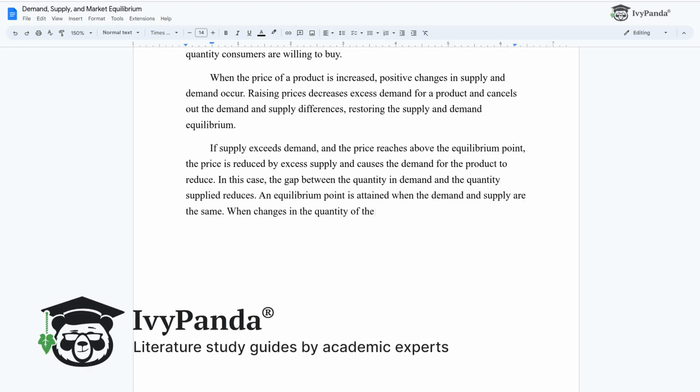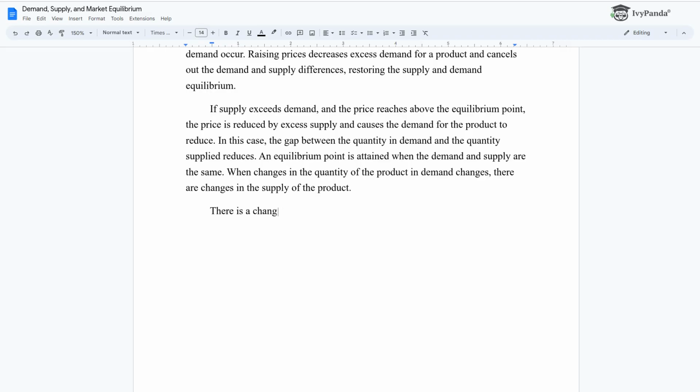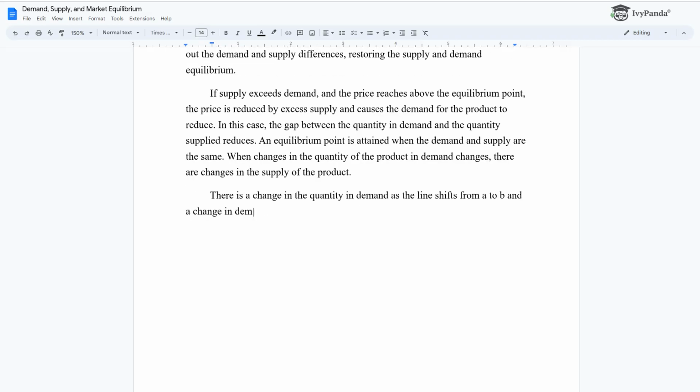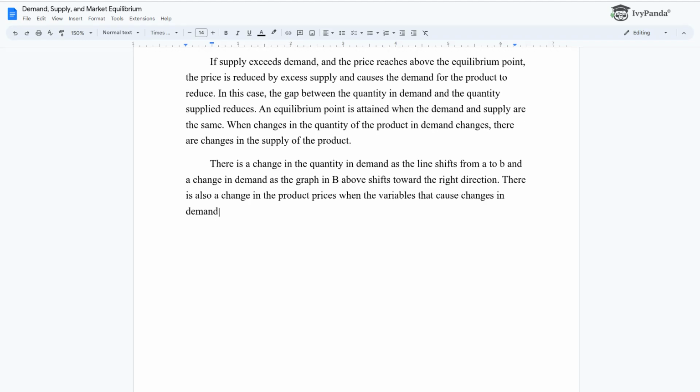When changes in the quantity of the product and demand change, there are changes in the supply of the product. There is a change in the quantity and demand as the line shifts from A to B, and a change in demand as the graph in B above shifts toward the right direction. There is also a change in the product prices when the variables that cause changes in demand are factored into